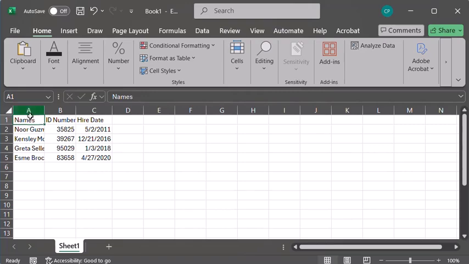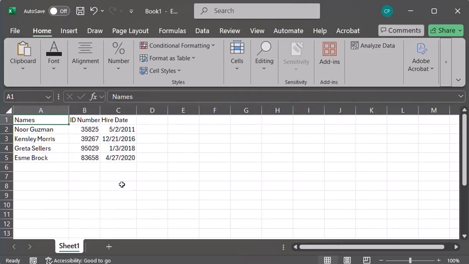So for example, the names of the employees are getting cut off here because they're a little bit too long. You can resize a cell by changing either the width of the column or the height of the row. If I wanted to resize this first column, I'm going to put my mouse over the right-hand side of that column name until it turns into this little line with 2 arrows. And then I click and move, and I can make the column as wide or as narrow as I want. So I'll just expand this one so my names are visible.